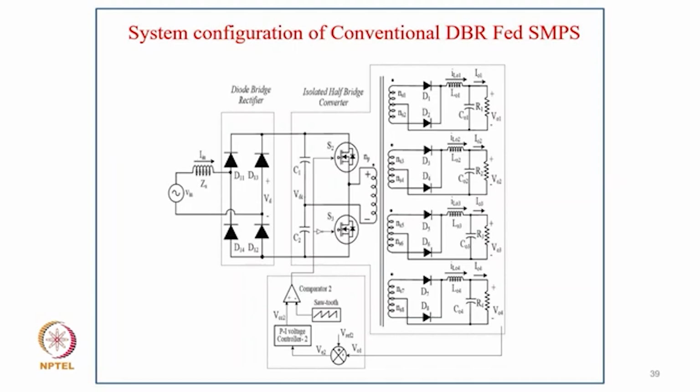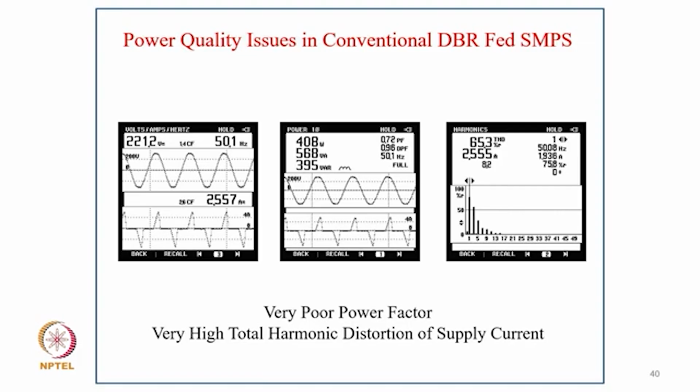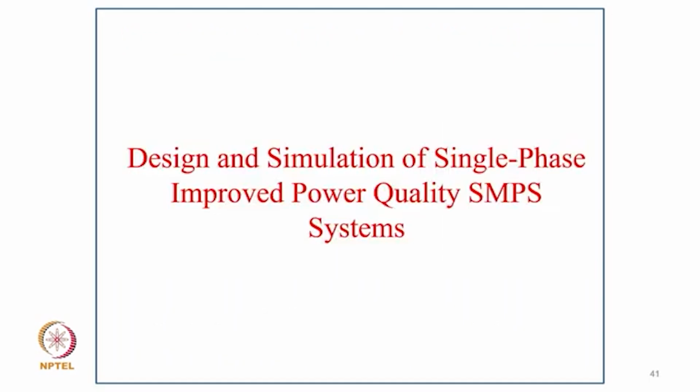And then of course we have a half bridge control with the proper feedback as it is shown here. We took an existing power supply and looked at how the supply voltage and supply current look, and the total harmonic distortion even on a 400 watt power supply. The power factor was 0.72 and the current was very highly distorted, with 65.3% THD. In this case, as you can see, the harmonic spectrum of the input supply current.